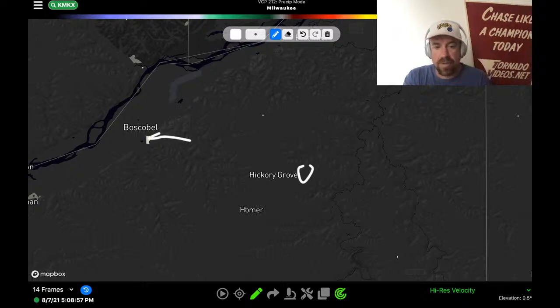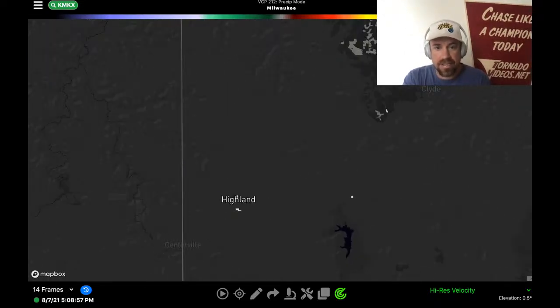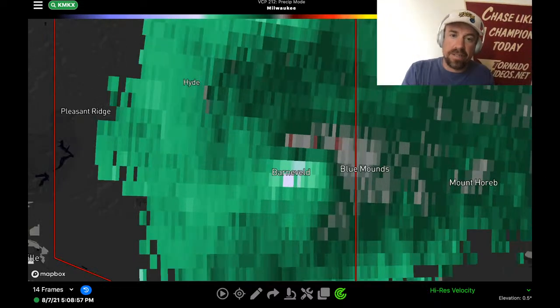Definitely a tornado. I could confirm it by radar. There's already been damage confirmed as well. I have to dig a little bit deeper to see just how bad that damage was. But that circulation is still tornado warned, but I do think that tornado warning is going to be allowed to expire. But Blue Mounds, Barneveld areas, you probably want to remain in your safe place until it is officially allowed